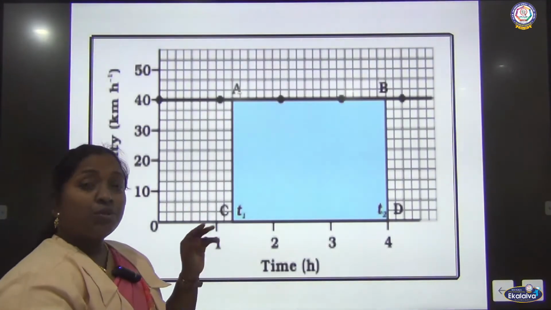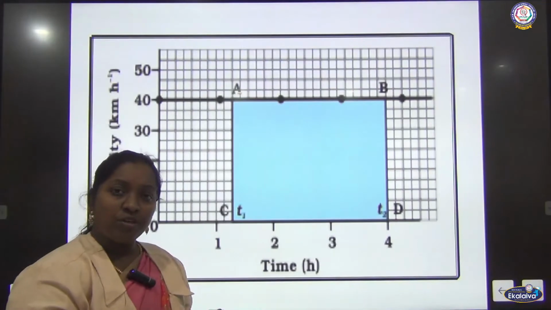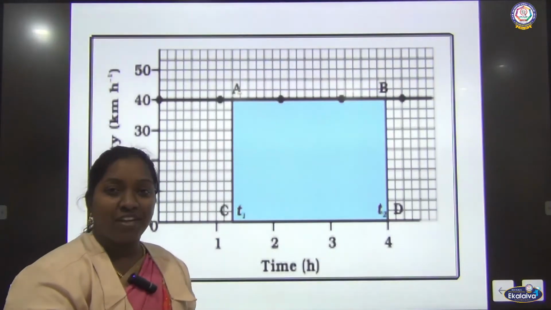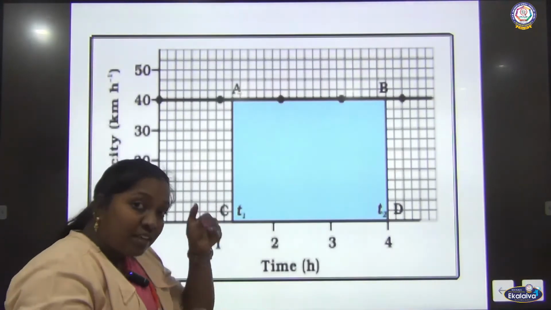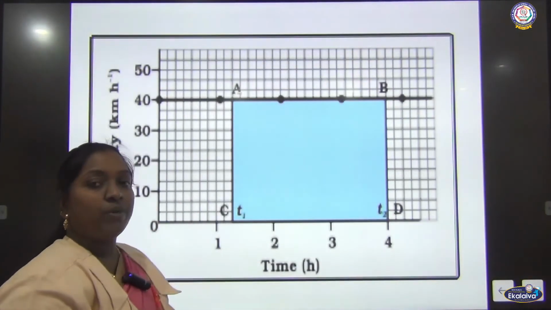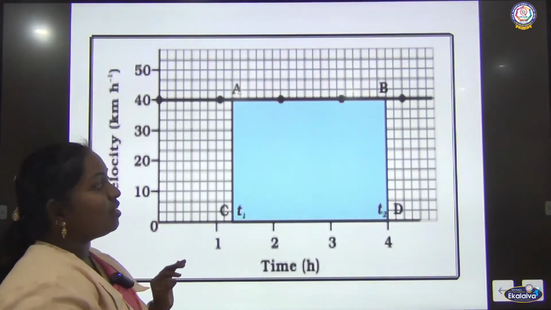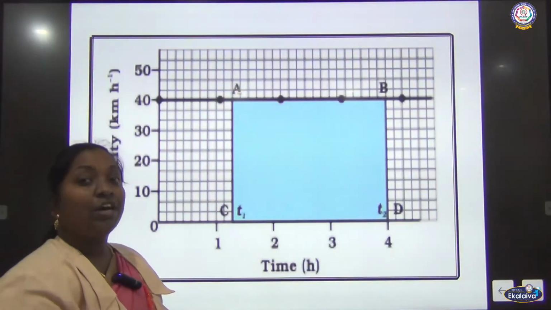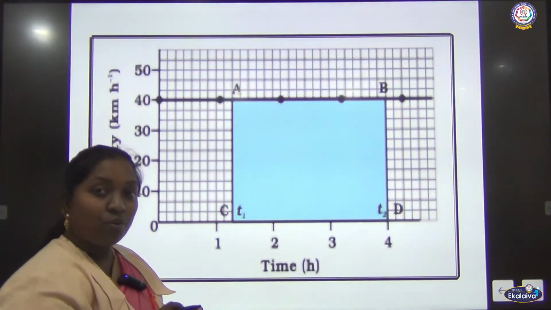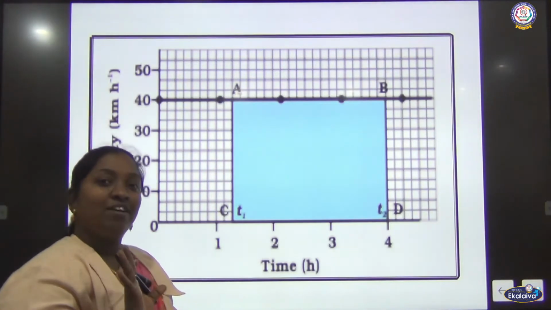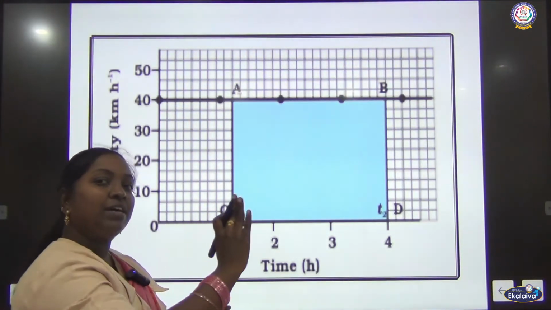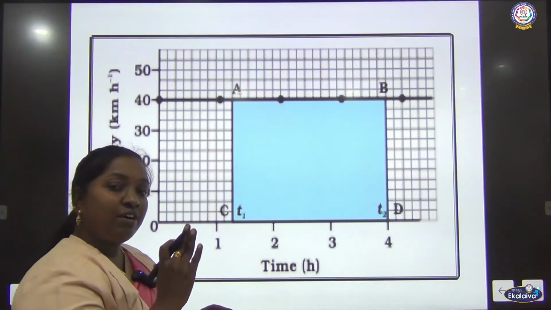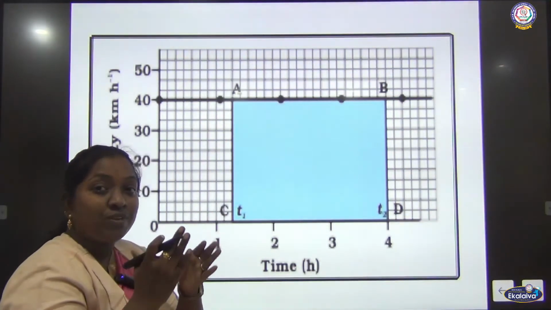See now, through this velocity time graph, what are we going to learn? There are variations in velocity. Some variation is happening with the same velocity time graph. So the first variation we are going to see is this. Consider a car is moving with a uniform velocity. Make note of the word which I am using, uniform velocity. Uniform means there are no changes. Velocity is the rate of change of displacement.